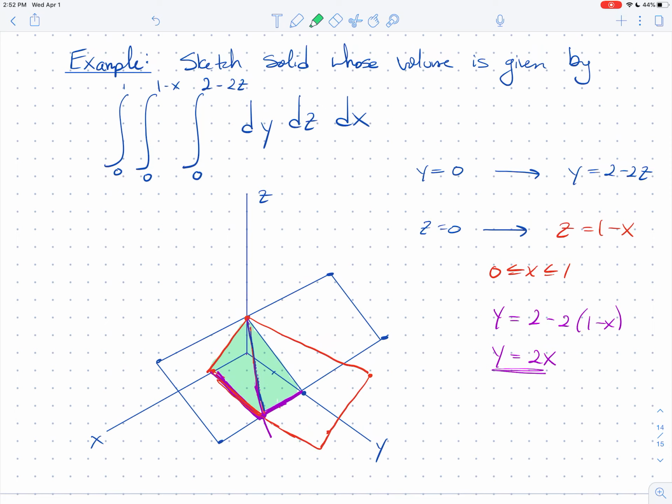Final comment on this section, just for time's sake, especially with us being distanced now, I'm not going to work through this, but there are similar results for mass and center of mass. So we did some examples with applications of double integrals on how to compute the mass and the center of mass using double integrals. And you can actually do similar things with triple integrals. And so if you're at all curious, I would invite you to read your book. Great job. You made it through section